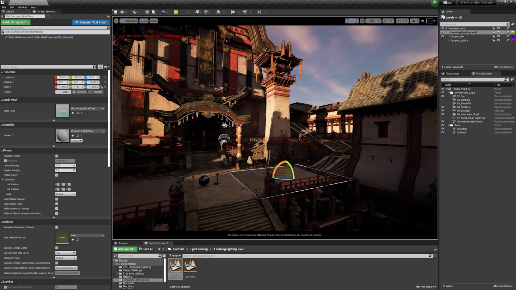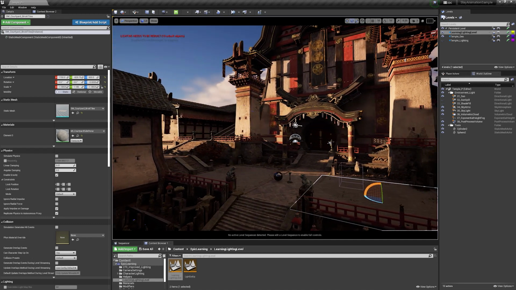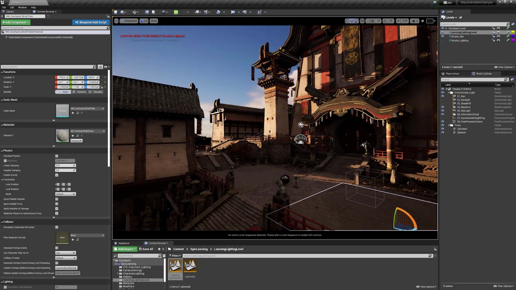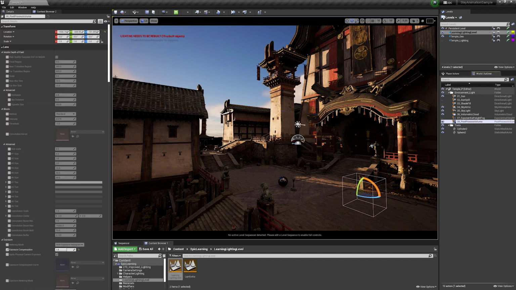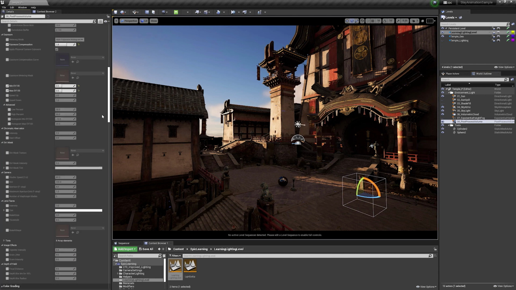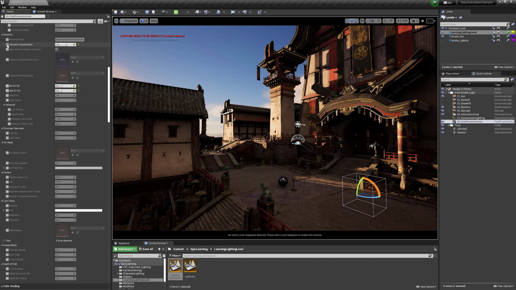And in general, we've got some pretty nice lighting. I like the light direction and everything's looking pretty good. So let's do a quick review of what we've done so far. We added our post process in. Inside of our post process, we turned our min and max to 0, so we're not exposing up and down, and we've enabled exposure compensation at 1.8.